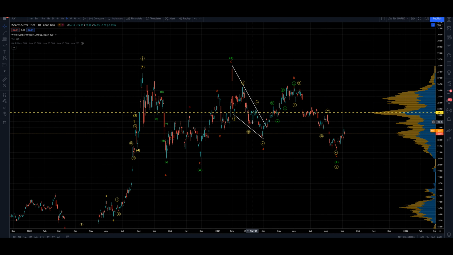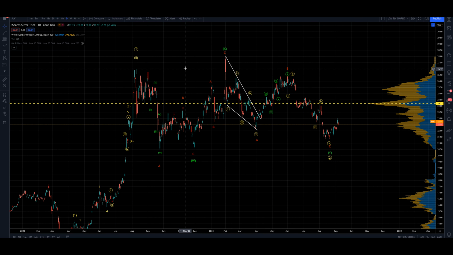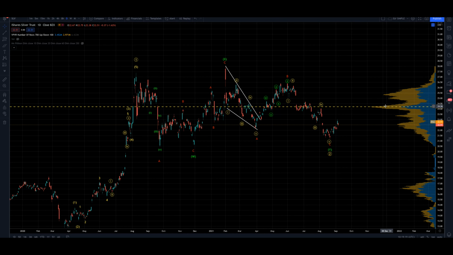Now it's been a while since I've charted silver. My previous bullish interpretation got invalidated. One of the reasons it's taken me a while to come back with an alternative is because I had to recount everything and see what I could come up with. So we'll do the bullish scenario first, and then we'll do the bearish scenario. Now the bearish scenario, thankfully, is the same scenario we've been looking at for months and months and months. It hasn't changed. What did change was the previous bullish count.